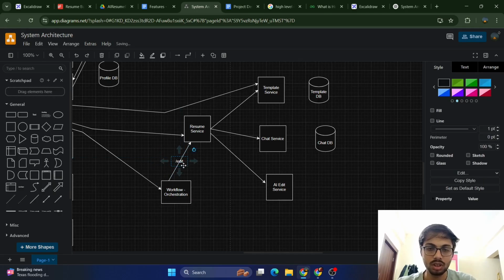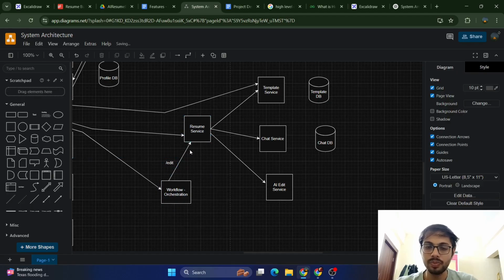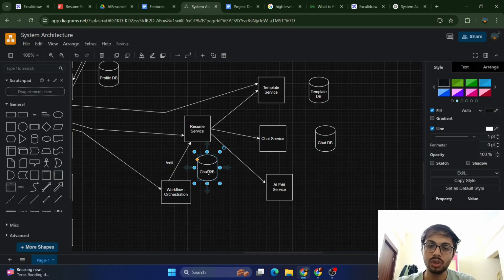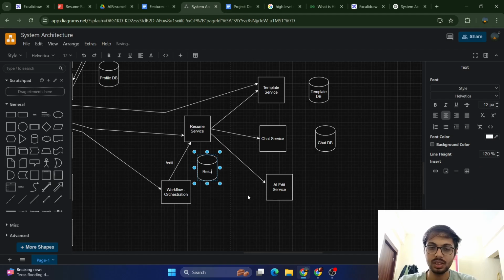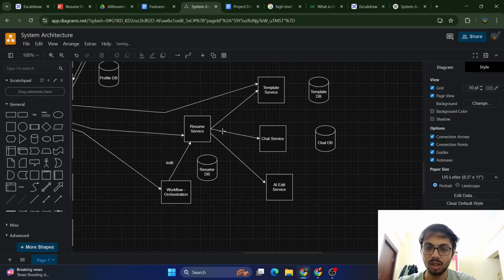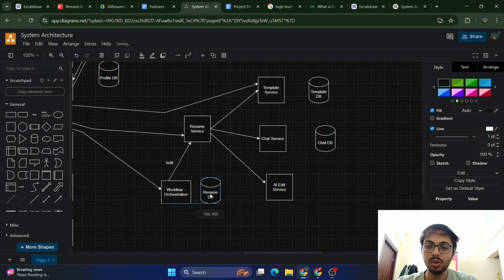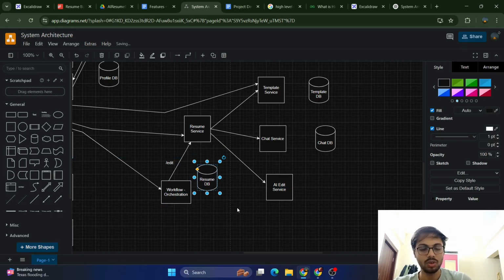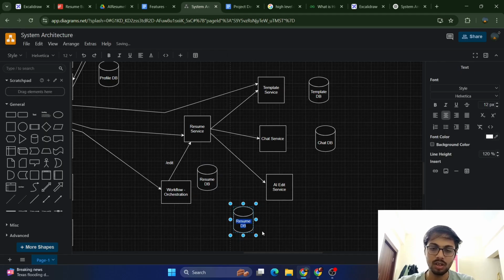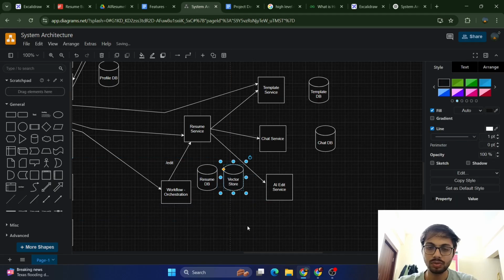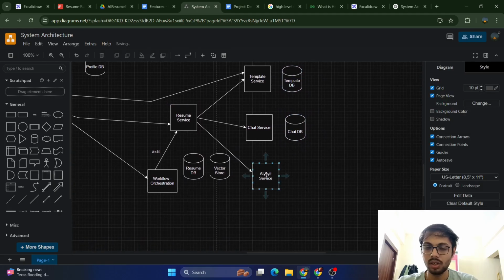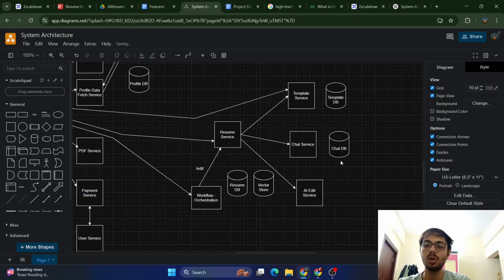let's do this and skip it. Yeah. तो रेज्यूमे का भी एक डीबी होगा, जो कि हम रेज्यूमे का परसिस्टेंट डीबी रखेंगे, और उसके अलावा हम लोग वेक्टर स्टोर भी रख सकते हैं। तो ये हो गया, उसके अलावा हमारा वेक्टर स्टोर हो गया। दोनों से ही कनेक्टेड रह सकते हैं।